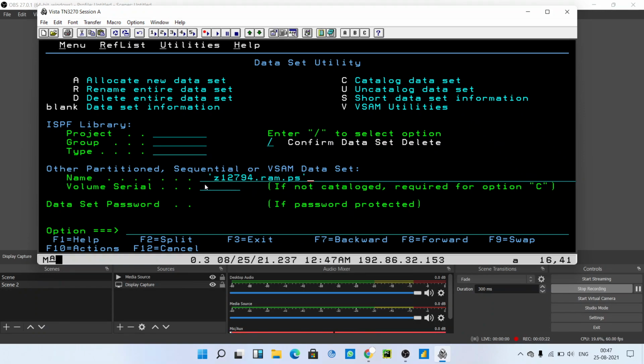So here we give the name to our PS file as z12794.ram.pds ps, because this is a naming convention.